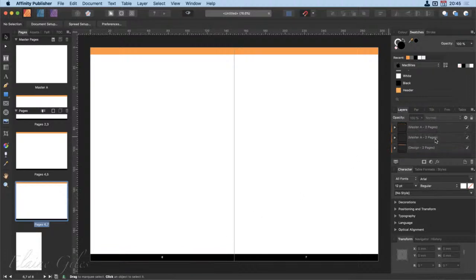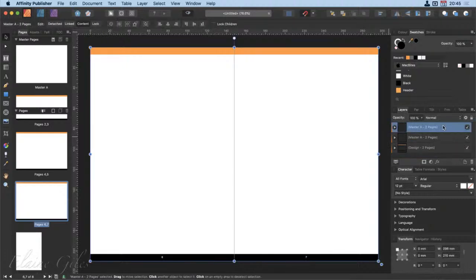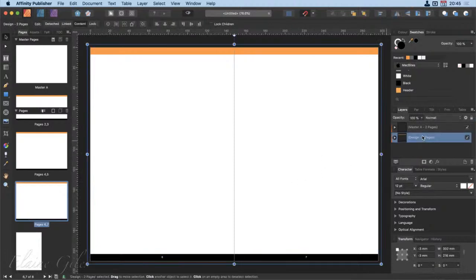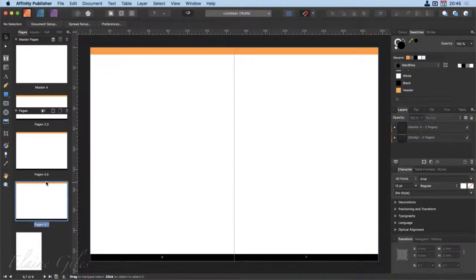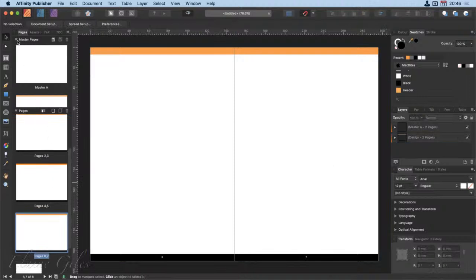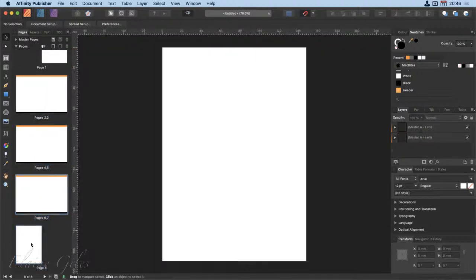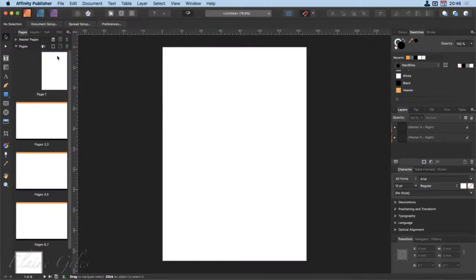If we put the design behind the page numbers, problem solved. In fact, we seem to have that on twice, don't we? There we go. So these, if they're in the wrong order, are going to give you a problem. So you make sure in the layers they're in the right order, and then you don't have a problem. So pages at this point, 2, 3, 4, 5, 6 and 7 have all got the design and they've all got the pages, and that leaves us the back cover with nothing and the front cover with nothing, which is